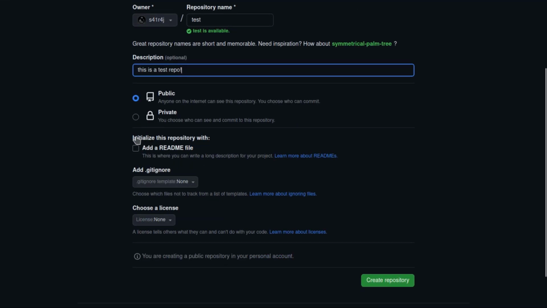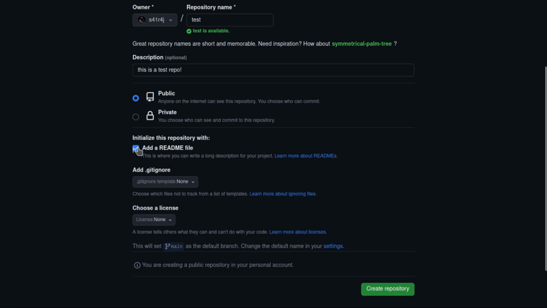Now, these are some optional but important parameters. Add readme file. I recommend to add a readme file because after creating the repository, if you don't have a readme file, you have to upload your code or anything else from a Git client or from your terminal command line. So, if you want to edit your files, etc., or upload from the web interface, you have to have a